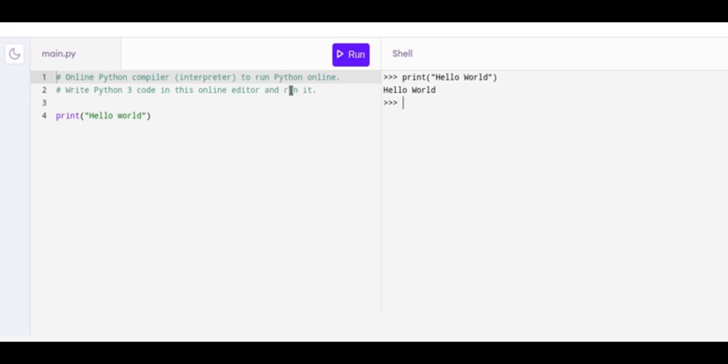And in the main.py window, here is the script mode going on. Here you can see the command saying print hello world. If I run this main.py window, it will also output hello world, but the difference is that in the main.py window it first saves the program and after that runs it, but in the shell window it just outputted the command which we wanted at the press of the enter button.